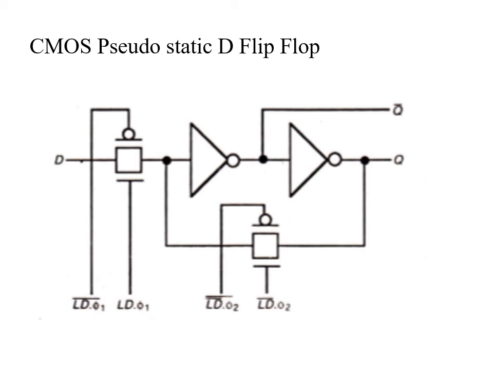Now how is the read operation carried out? See here, the two lines Q and Q bar are connected. From Q bar you get the complementary output, that is, if 1 is the input, you get 0 as the output; if 0 is the input, you get 1 as the output. And in Q you get the non-complementary output, that means if input is 1, output is 1. If input is 0, output is 0.